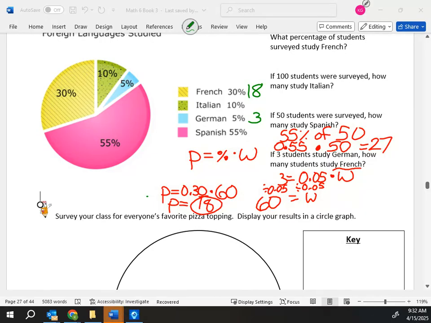So, when we knew the whole amount of students, and we just had to plug in the Spanish percent, we only had to do the one step. But when we didn't know the whole number of students, but we knew how many students took it, we had to do it this way, and then do this second step to find the French. So do we understand why we had 2 steps on this second problem? Okay. So let's look at